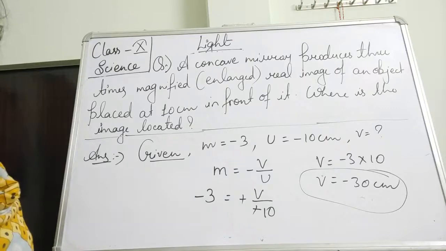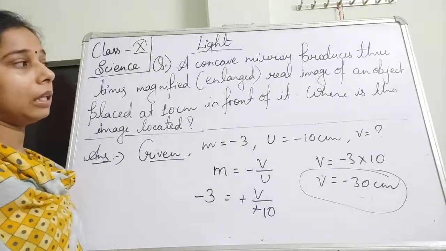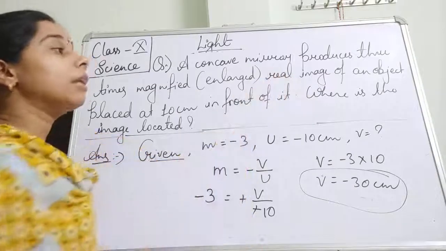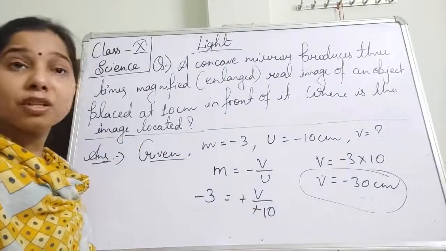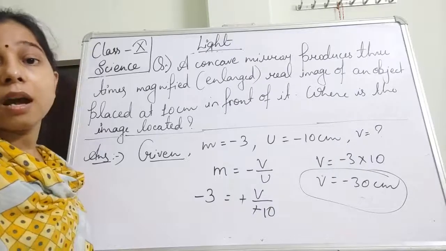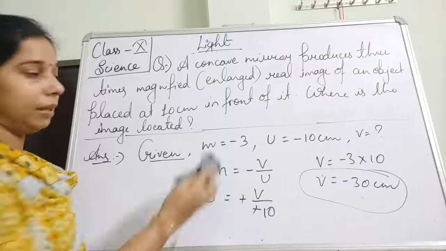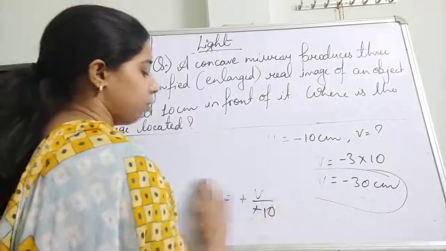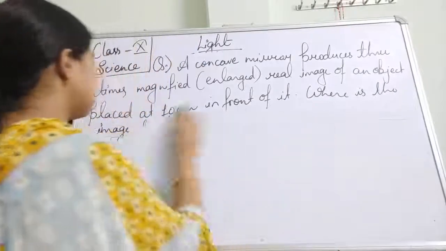Now let us see another one. By this, students, we have understood one thing here: whenever a real image is given in magnification, if the minus sign is there, it means the image is a real image. And if it is a plus sign, the image will be a virtual image. So some of the questions related to it can be asked,